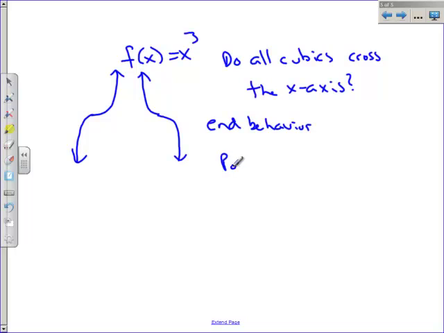And of course, polynomials are continuous everywhere. So we know we're dealing with a continuous function. So no matter what the cubic graph, does it have to cross the x-axis? And the answer to that is yes, because of end behavior. Because it either goes up to the left and down to the right, or down to the left and up to the right, and somewhere in there it's going to definitely cross the x-axis. That's another example of a question you'll be facing tomorrow.